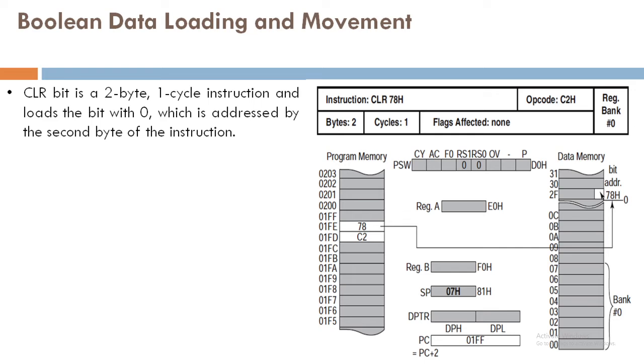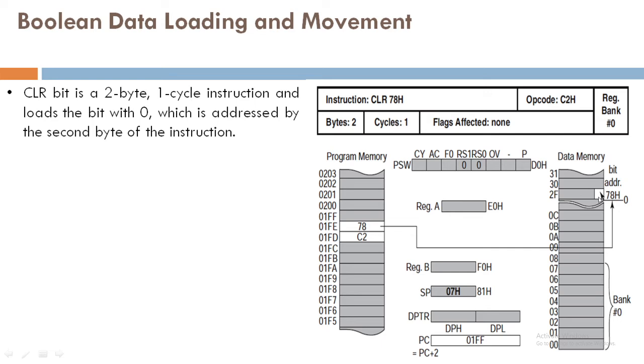But this is a bit different type of an instruction. Now in this case, to complete the instruction, we'll have to write the operational code at 01FD location, and then followed by 78. Now what the 78 means, the 78 here means the initial LSB address, which is shown in this particular diagram, and so this particular location will get